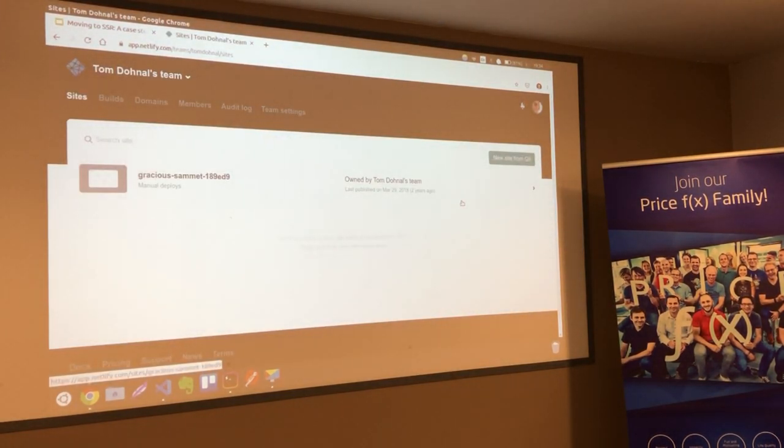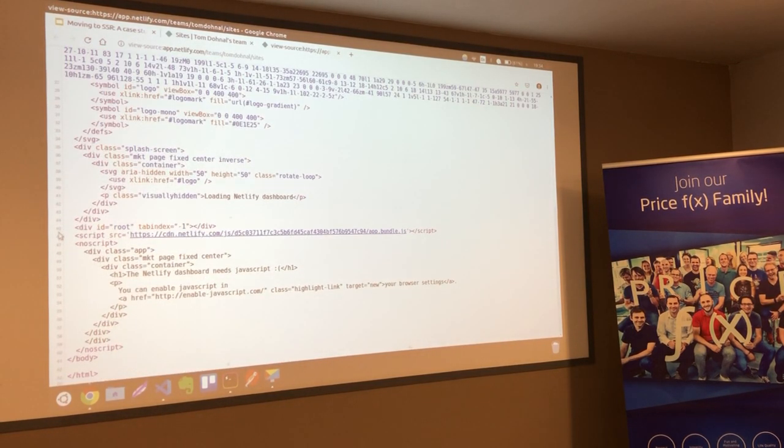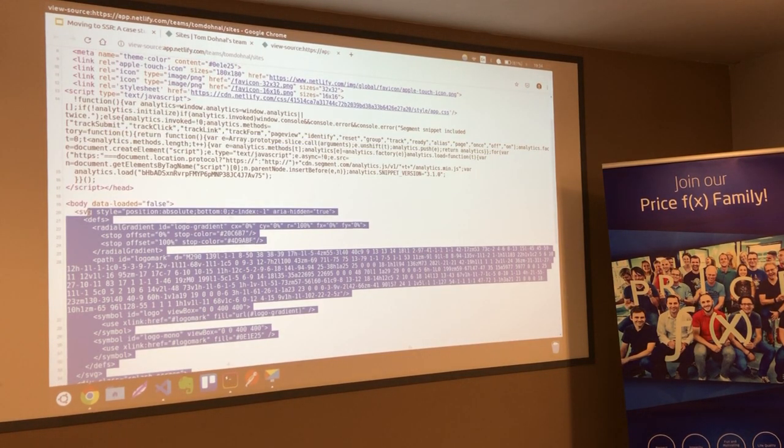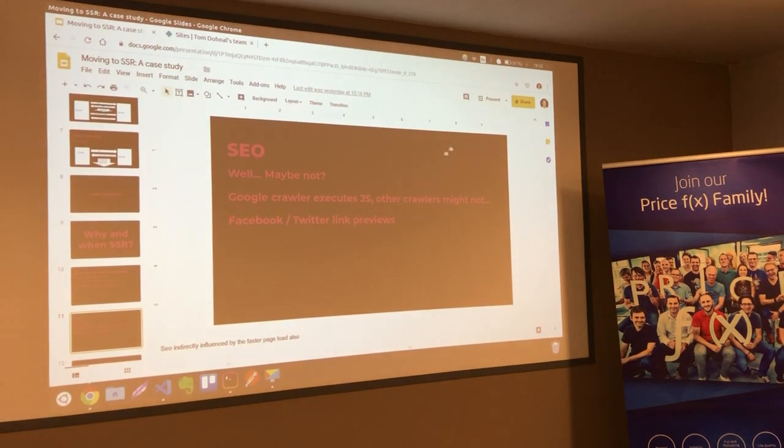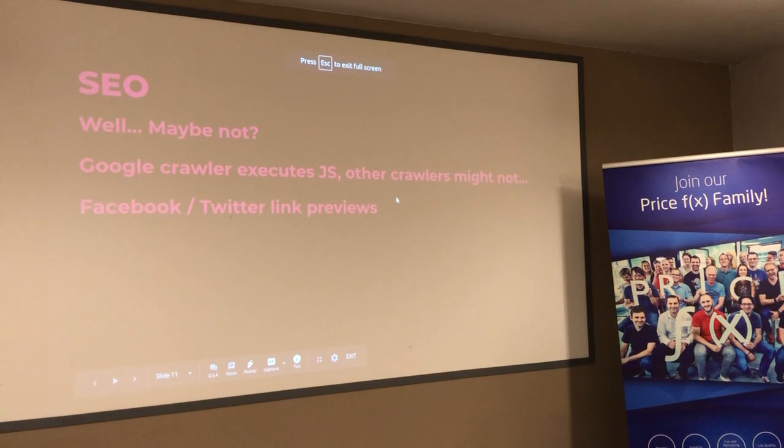If the Google crawler wanted to crawl this and didn't execute JavaScript, they would just see a blank page, or they would just see this loader. So nothing really useful would get indexed. However, Googlebot, I'm not going to say crawler again, Googlebot has executed JavaScript for almost 5 years. So I think this is no longer the case. Also, if you read articles about what are the benefits of SSR, why we should even use it,